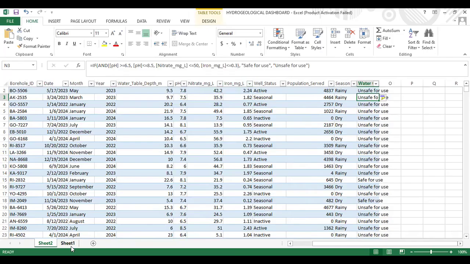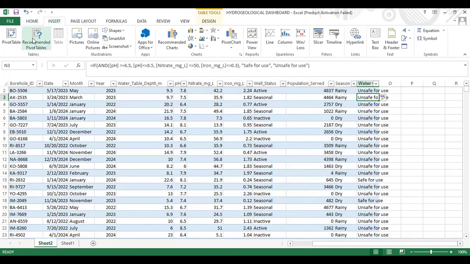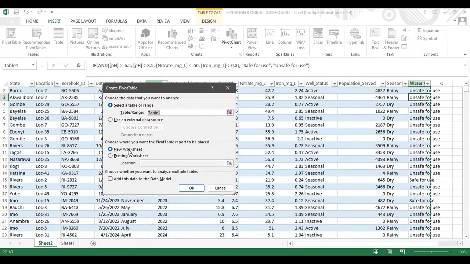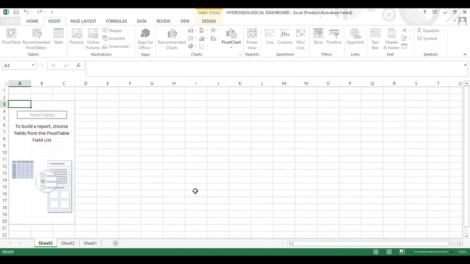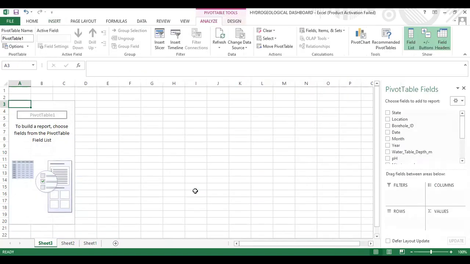Okay, so we are going to go straight up now to generate our pivot table. You click on Insert, click on Pivot Table. We're going to click on New, it's already on New Sheet, and click OK. Perfect. So now it has taken us to